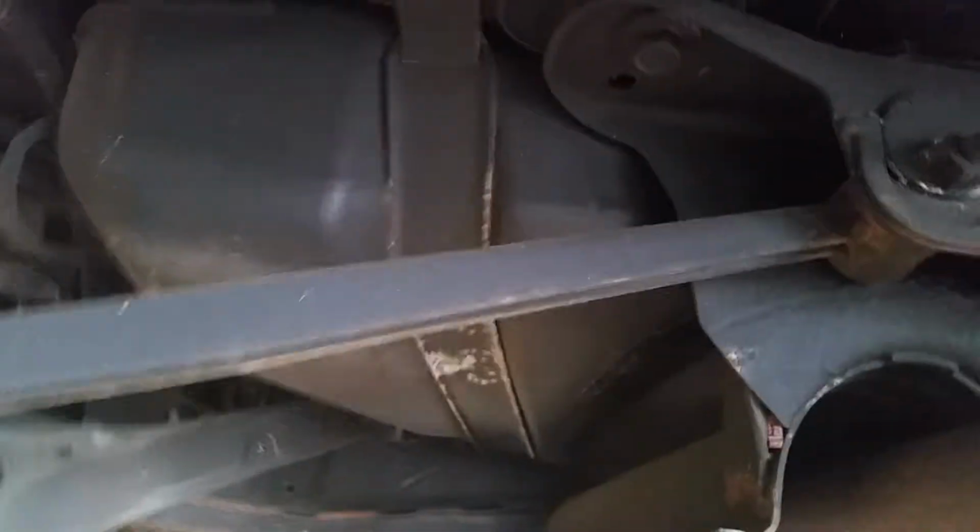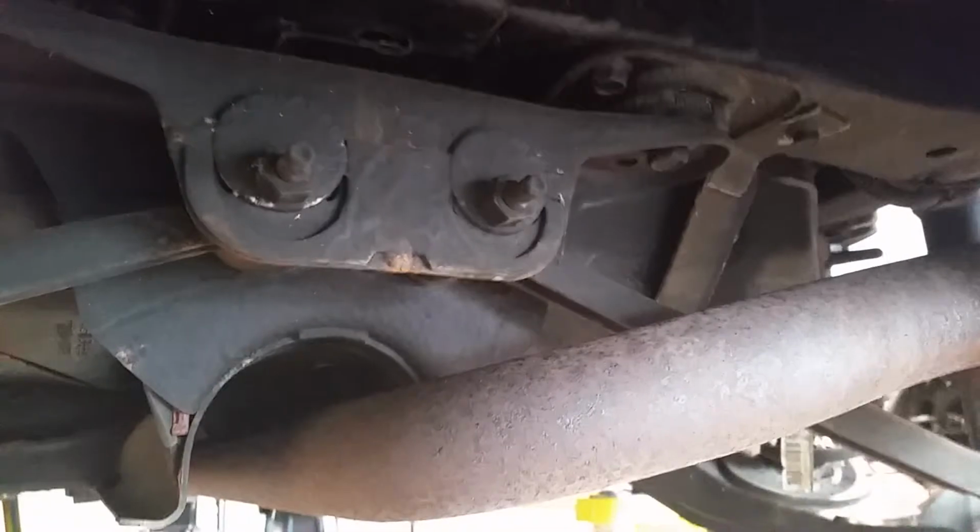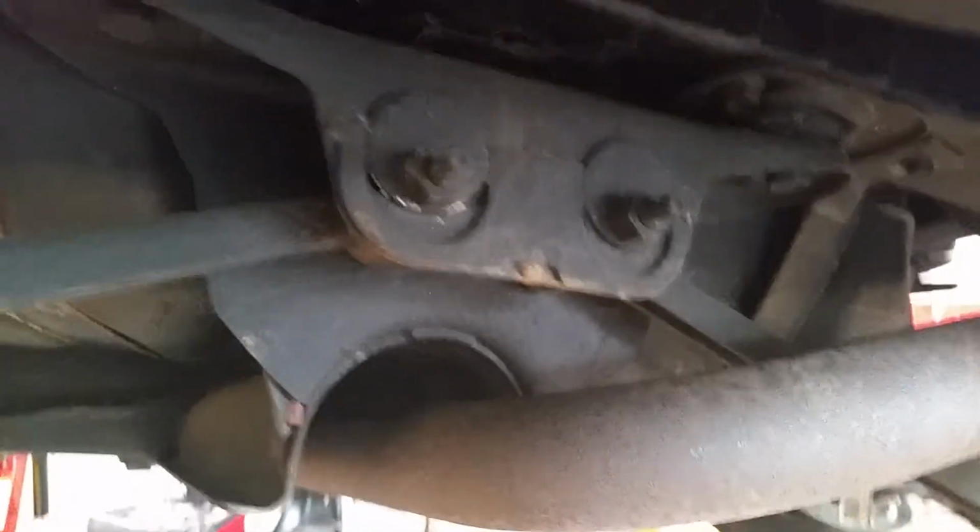And then toe is adjusted underneath the body at these two eccentric cams. The biggest differential on this particular system